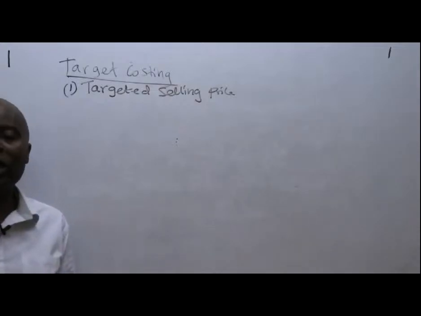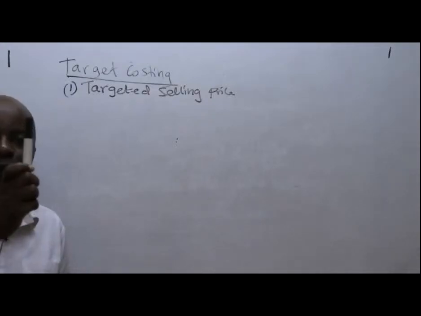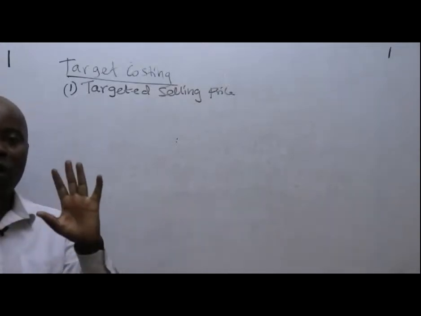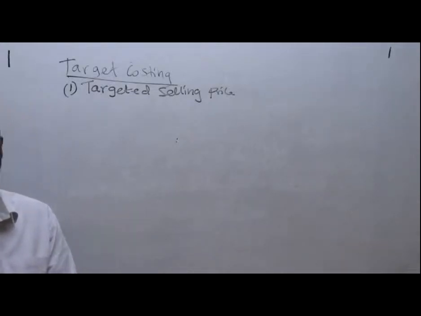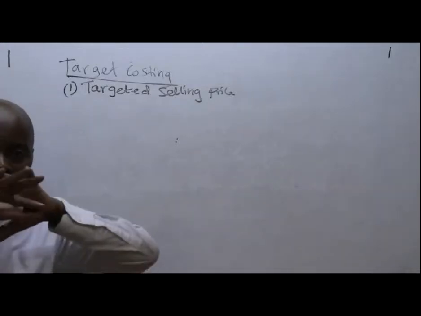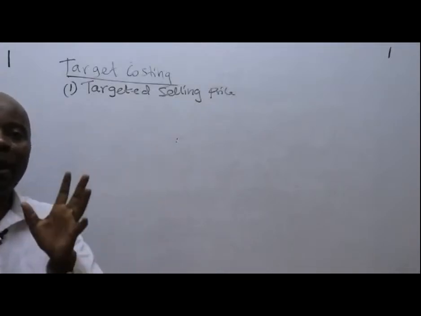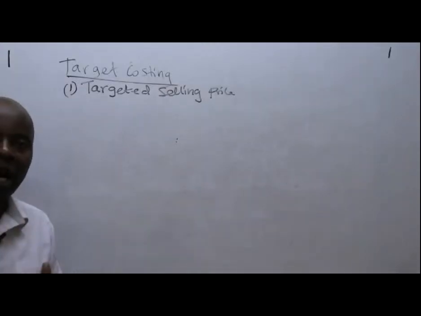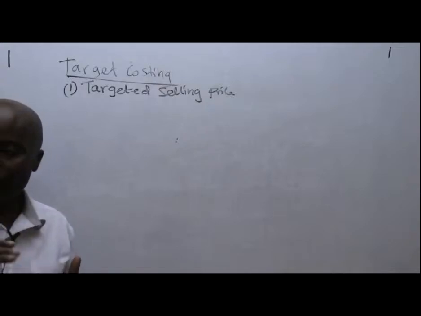So you go to your competitors to be. For example, if I want to start selling pens of this nature, I will go to my competitors to be, that is in the future, and get the average price. There will be others who will be selling this kind of pen for 10 shillings, others 20 shillings, others 100. And now out of all those prices, I should be able to come up with an appropriate selling price for my business. I'll decide whether I would want what we call market penetration price, where I charge a very low price for me to be able to gain entry to the market, or